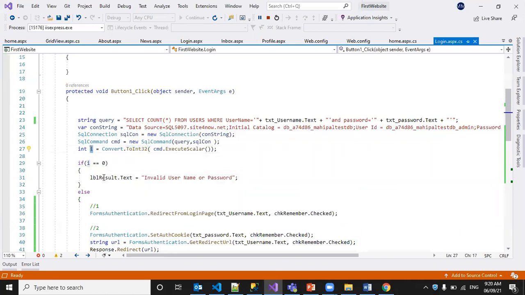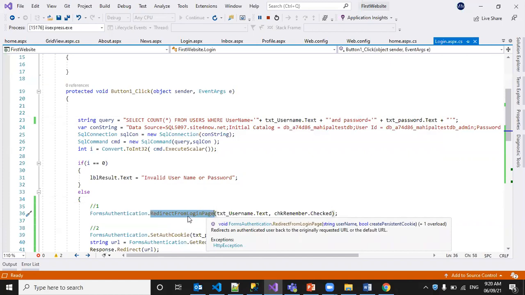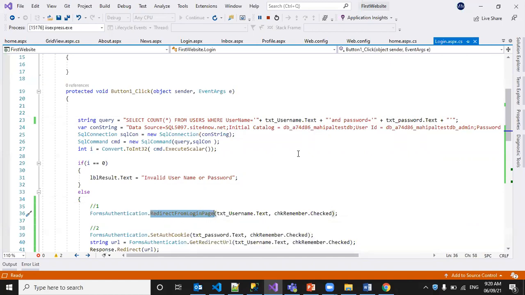If I get 0, that means there are no users with the given username and password, so we can display invalid username and password. If it is valid, we will redirect using RedirectFromLoginPage. We can redirect to the required page, whatever page we clicked on. Okay.